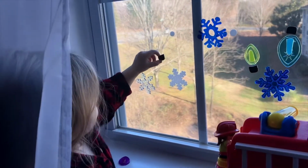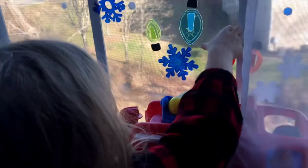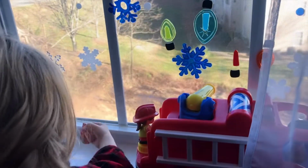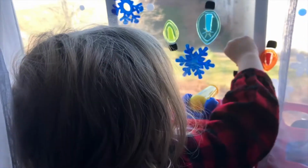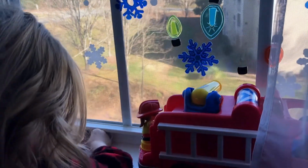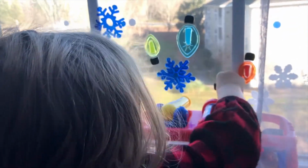So while I was taking down some stuff in the kitchen, Juniper was in her room taking down some of her own Christmas decor herself, because she is such a little helper. But yeah, she's taking the light bulbs off of her window, and she's going to leave the snowflakes up. So we are not taking everything down right now that we put out at Christmas, but we're kind of transitioning